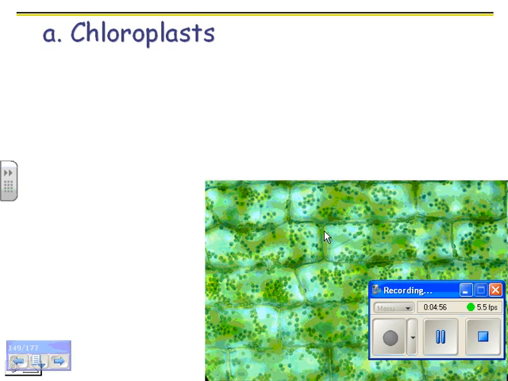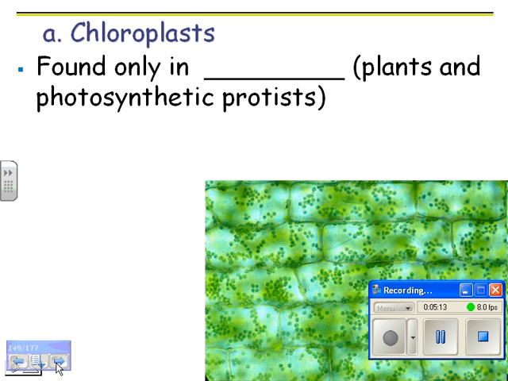So here are chloroplasts. Here's a cell, a plant cell, and pretend I drew that right over here. These green things right here are chloroplasts, and they have membranes. So they are found only in producers, plants and photosynthetic protists. There are some bacteria that are producers, but bacteria, they're prokaryotes, they never have internal membranes. So bacteria could, of course, never have these things because they have a membrane on them.